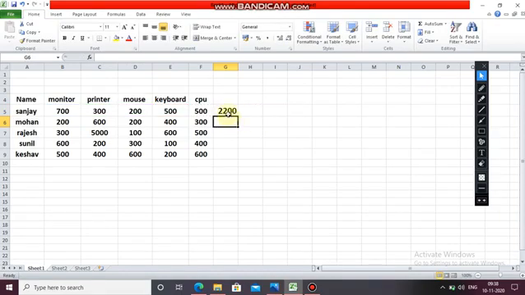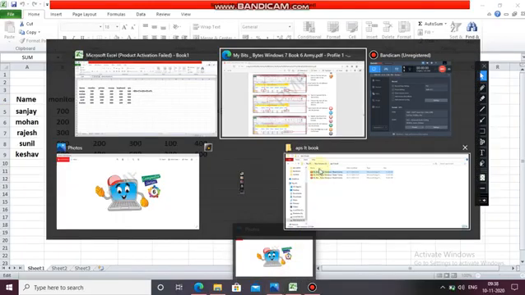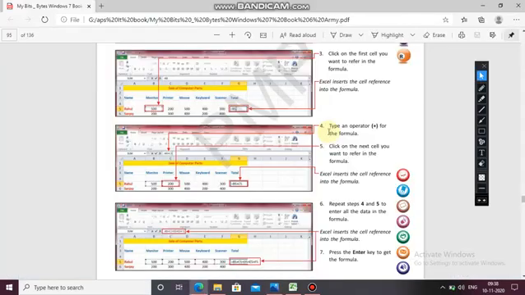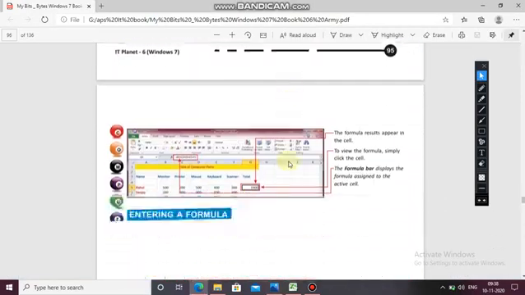Now when you click on the cell, it will display the formula. Double click, see, the formula is displayed here also and here also. Clear to all of you? By this way you can create a formula. I hope now it is clear. Creating a formula has been done.